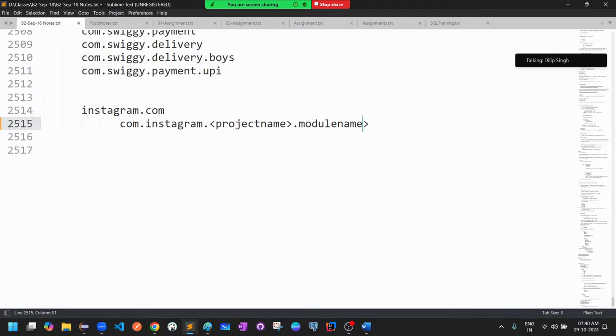So what is the module name? And as part of the module, what is the functionality, the sub functionality you are implementing? Those are all details people will use here. So it's up to our choice after that. Project name, module name, even no need of project name, because inside the project only we will create all the packages. So directly we can use the module name, and as part of the module name, the functionality